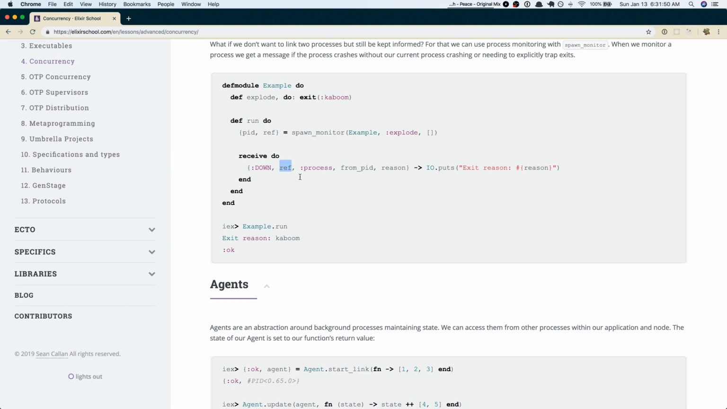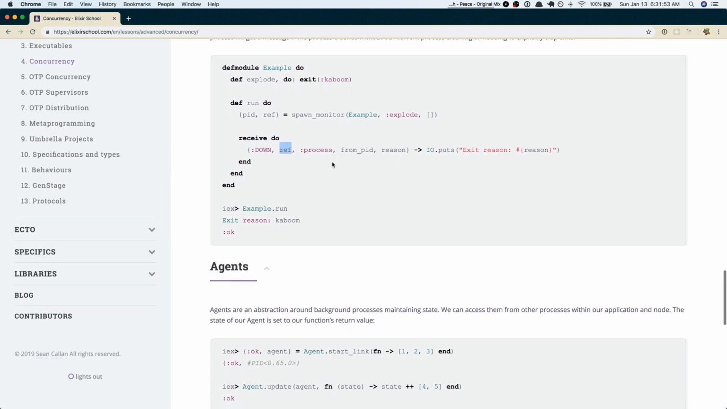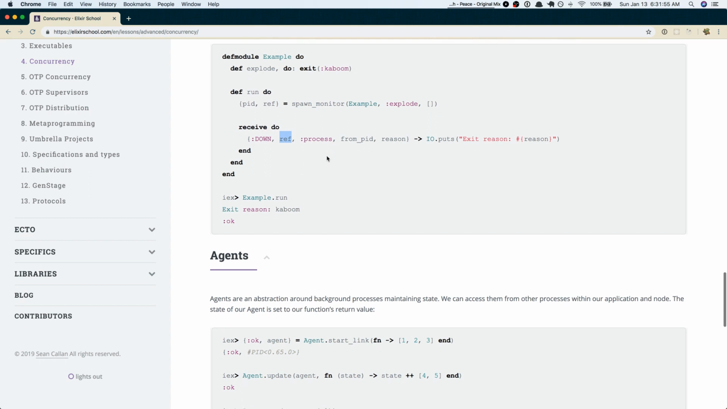I wonder what ref is. A reference to the process? But it's